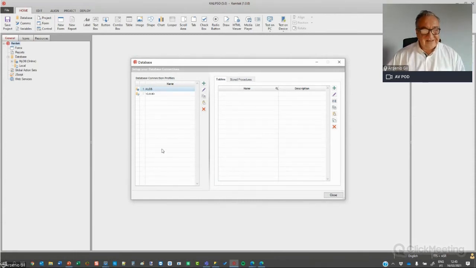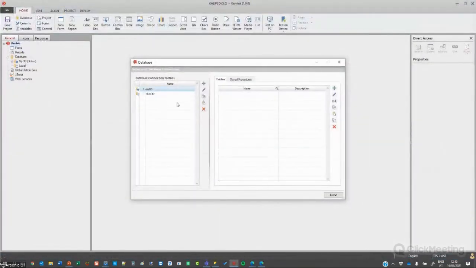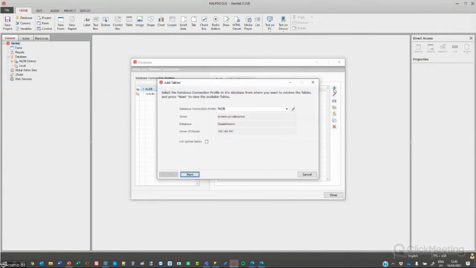And as you can see, I have several files in this database. I need only these two. We can select only the files or the stored procedures we want. Just selecting this connection, go to the right and add table. Next,